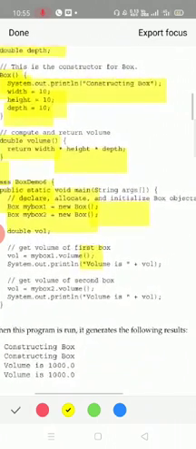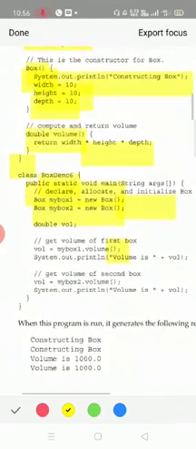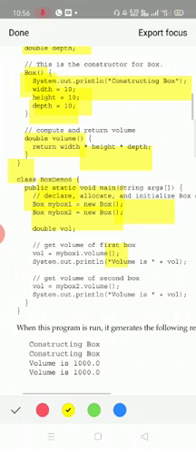Memory allocation is compulsory. Without memory allocation, it is just considered a reference here. In C++ it would be Box myBox followed by a semicolon, and that's it. But in Java that is not sufficient; you have to have the memory allocation, that is new Box(). As soon as the object is created, please recall the concept of constructor: its constructor is called.